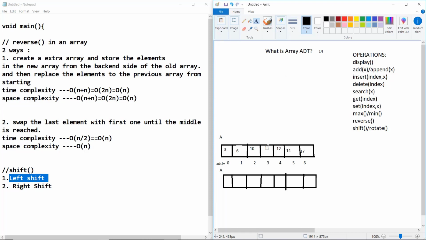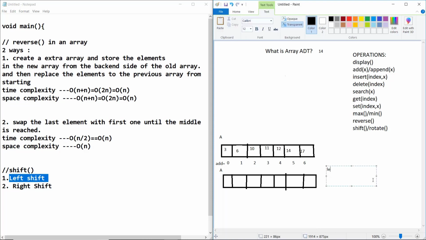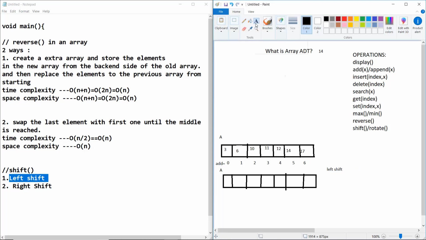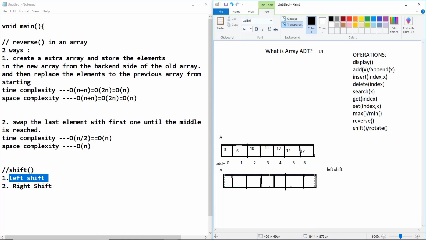After performing the left shift operation, this array would look like this: 6, 10, 11, 12, 14, 17, and your last pointer will move to this part. If it is moved to this part, then we know this rotation as a circular left shift rotation.